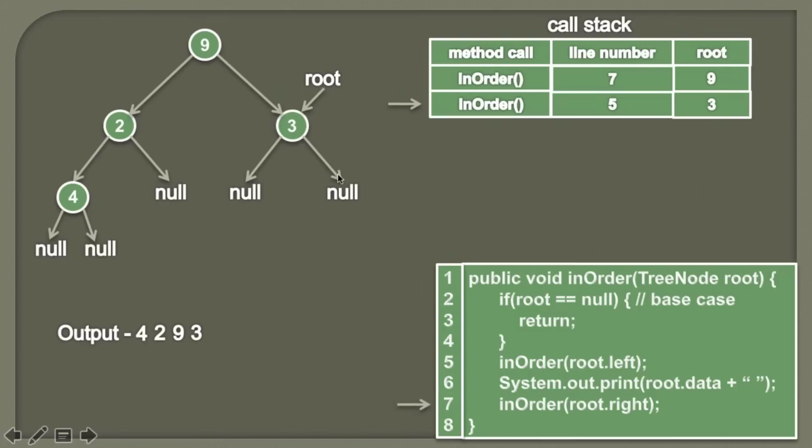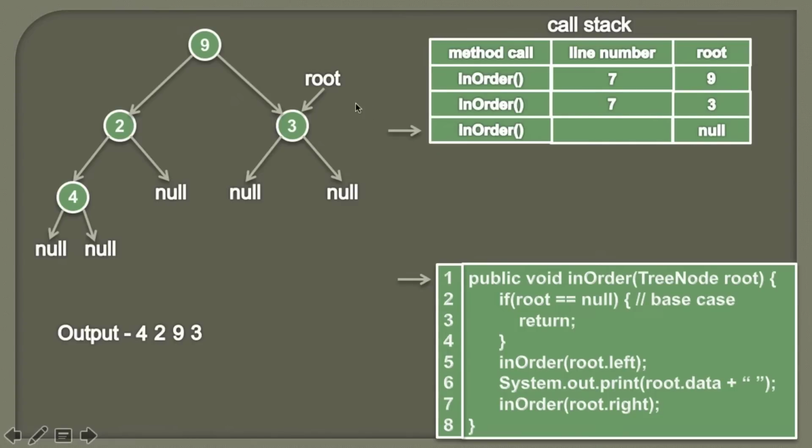And then as we have to process its right subtree now, so we are calling inOrder method, and we are passing root's right, which is the null value. And before calling this new method, we are updating the line number. So when the point of execution reaches the inOrder method, root is null. So there will be one more method on the stack with a root as null. So now this root will point to null, and we'll start executing this method. So in the first step, we'll check whether root is equal to null or not. So currently root is equal to null, therefore we'll simply return from this method.